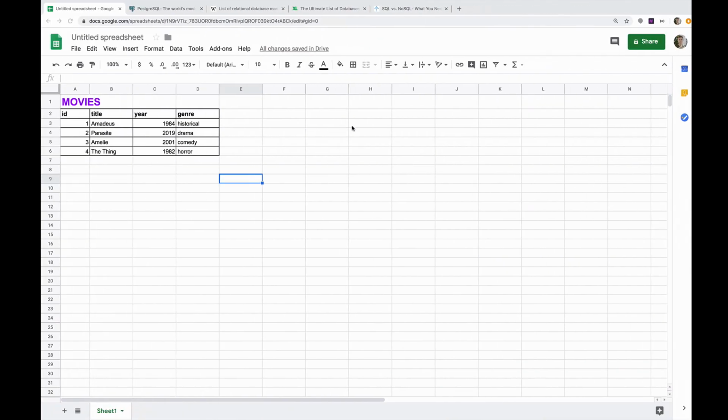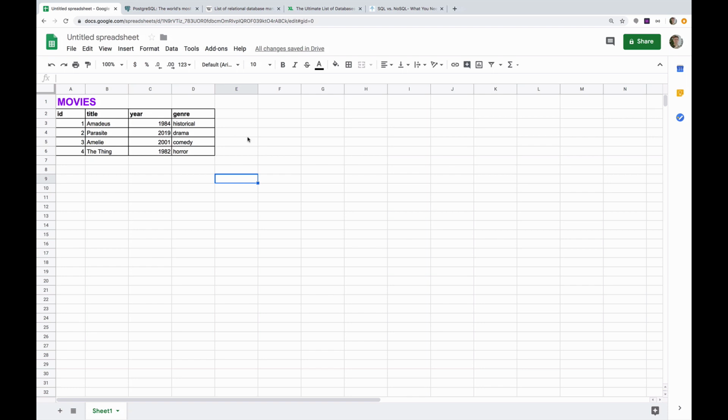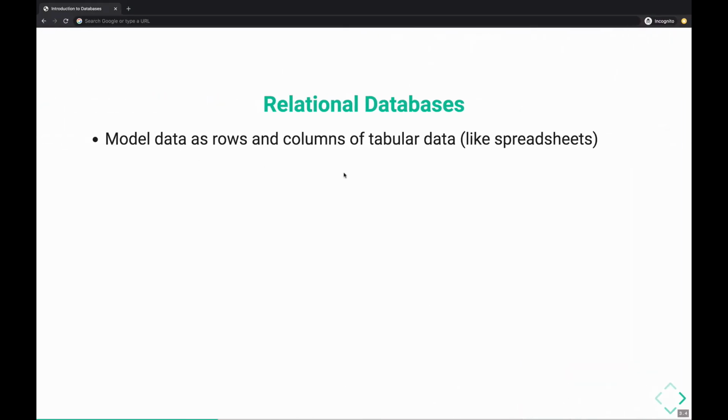For example, if we were making a movies application where users could rate movies, kind of like IMDb, you need to sign up. So we'll store users' information in a users table. We would store name and email maybe, profile picture, a bio, something like that. Then we have our movies table. And then we might have a ratings table. And that ratings table really combines information about movies and about users. Who's doing the rating? What is the rating, a 10 out of 10, a 5 out of 10, and what movie are they rating? So that's where the term relational comes from.